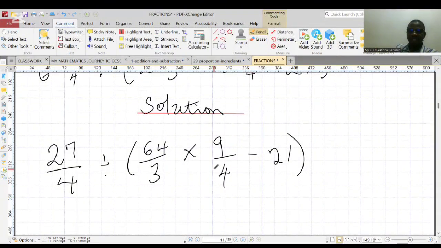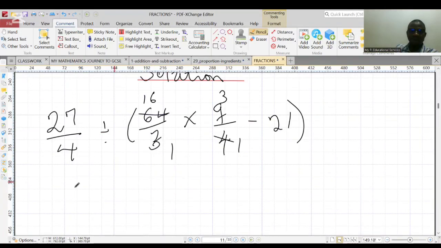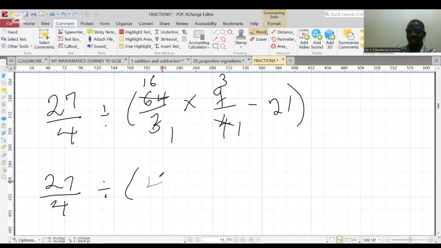So let's simplify this. 4 can go here once. 4 can go in 64, that will give you 16 times. 3 can go here once. 3 can go here 3 times. So finally, we'll have 27 divided by 4 divided by 16 multiplied by 3, that will give you 48, minus 21. So we have 27 out of 4